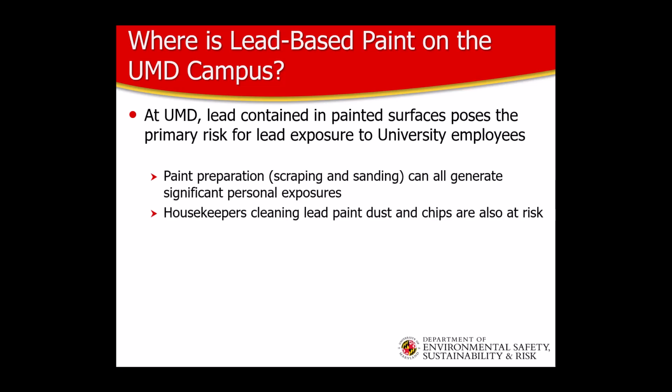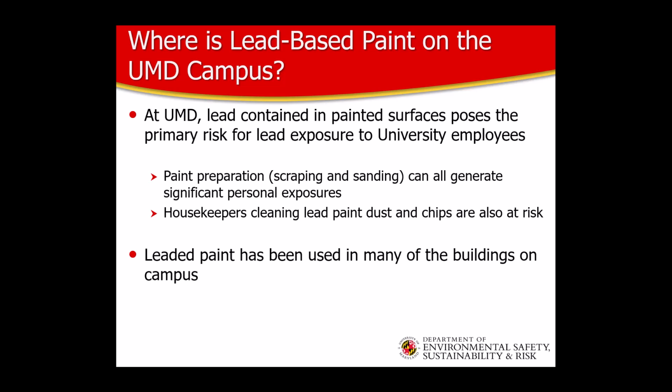Lead-based paint has been used in many of the buildings on campus, but is most commonly found on exterior surfaces. Paint preparation, such as scraping and sanding of these surfaces, can generate significant personal exposures. Housekeepers cleaning lead paint dust and chips are also at risk. Examples of lead-based painted surfaces on campus include the following: